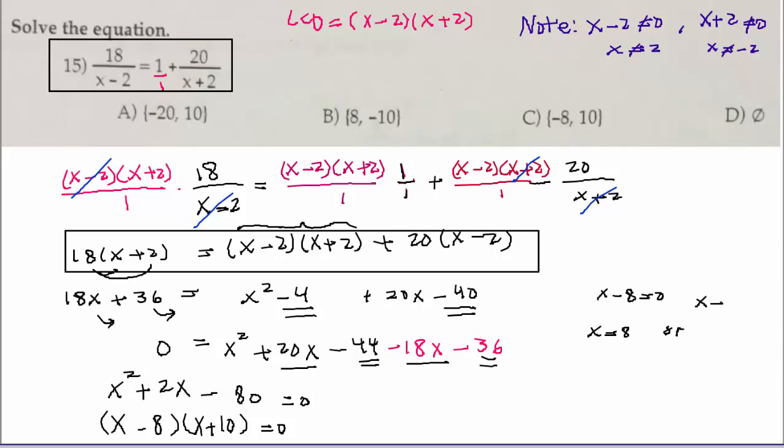Can I pick both of these answers as a solution? Neither of them are 2 or minus 2, so I'm going to box this. You can always go back and check your answer by plugging the numbers in and convince yourself these are the correct answers. So which one should I pick? A, B, C, or D? B. Now it looks like B is the correct